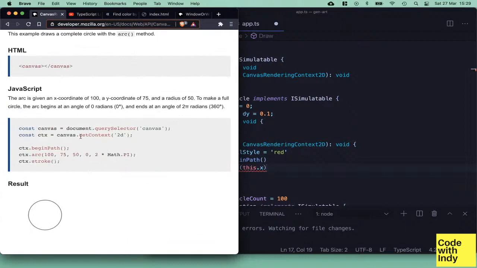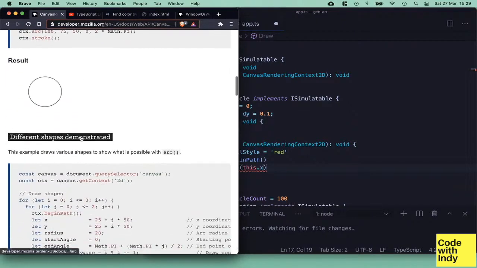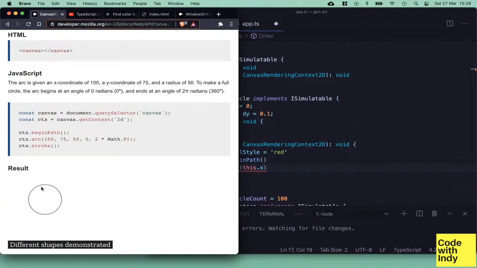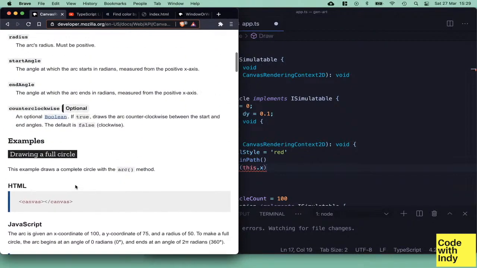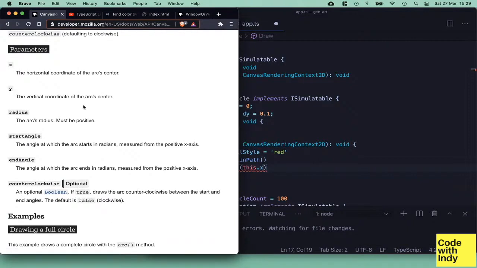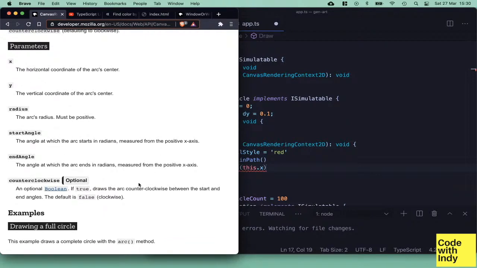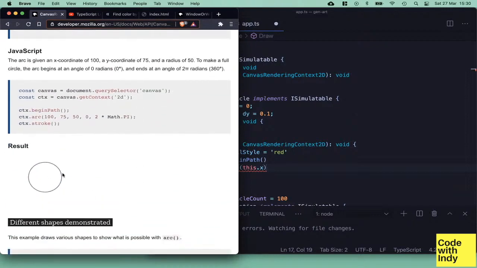Arc is what I'm going to use to draw a circle. Usually arc is useful for drawing a segment, or a little part of the circumference, but we can use it to draw the whole circle. So these are the parameters. x and y are the center of the arc or the circle. Then the radius, the start angle, and the end angle. For an arc you could be drawing from here to here. That is the start angle, and this is the stop angle. But since we are drawing from 0 to 360,